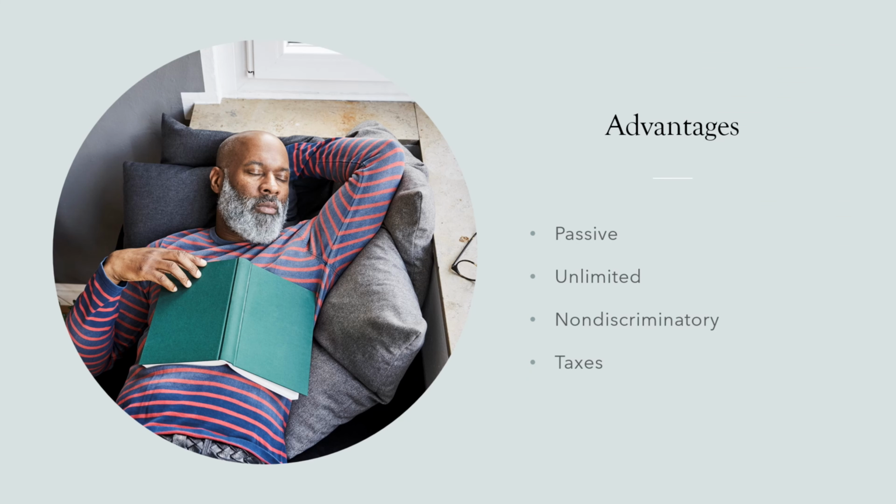Now, this is my favorite part about interest income. And the first one that I can think of is that it's passive. You don't have to do anything. You could be earning money on your certificates of deposit, your money market, your treasury bills, your bonds. You could be earning money on lending out your money, and you don't have to do anything. It's passive. It doesn't require any action on your part.